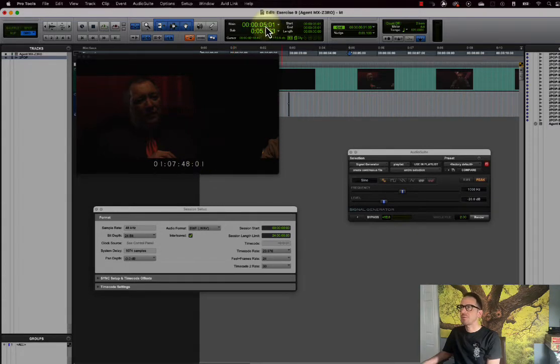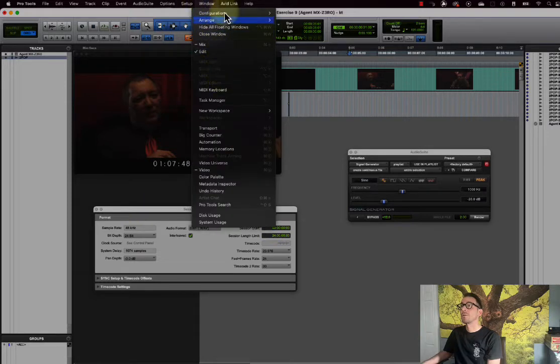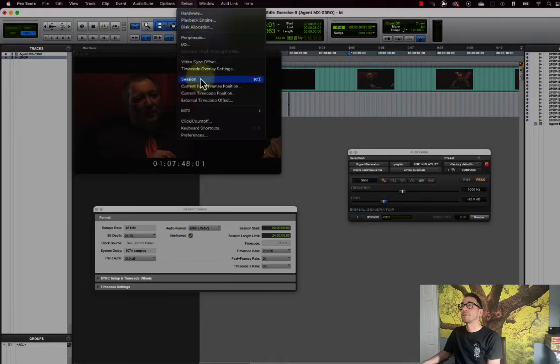That doesn't match what we're seeing here. We are 5 seconds. Our session starts at 0. Their session, if we subtract 5 seconds and 1 frame, starts at 107:43:00. So we go up to Setup, Session,